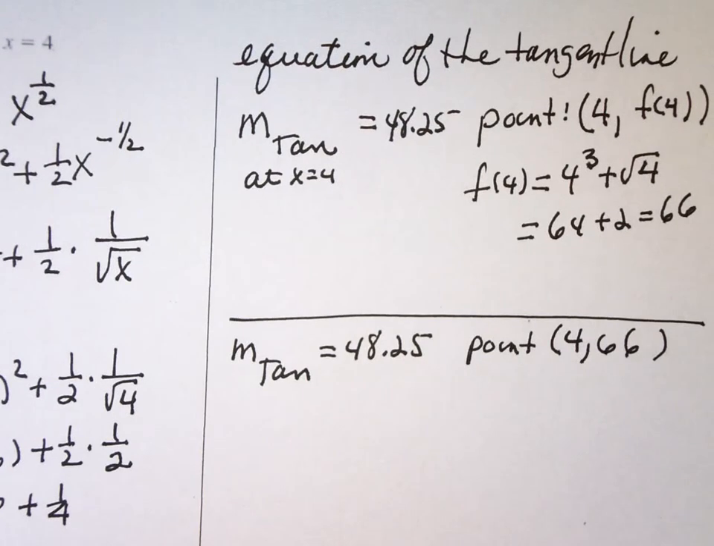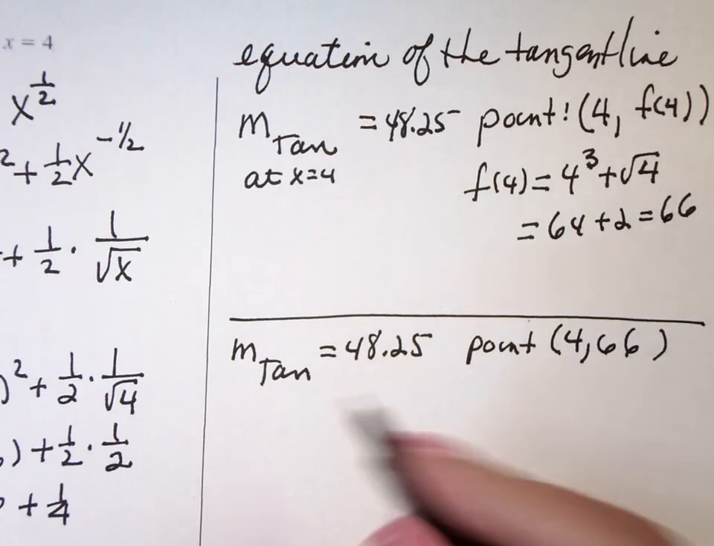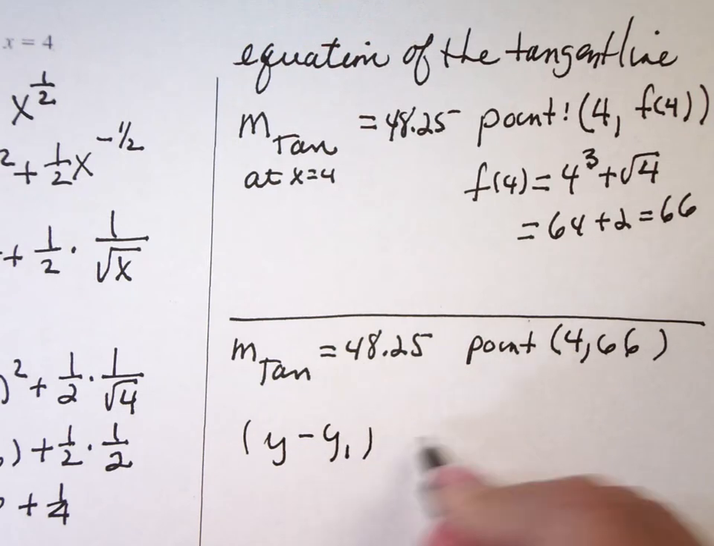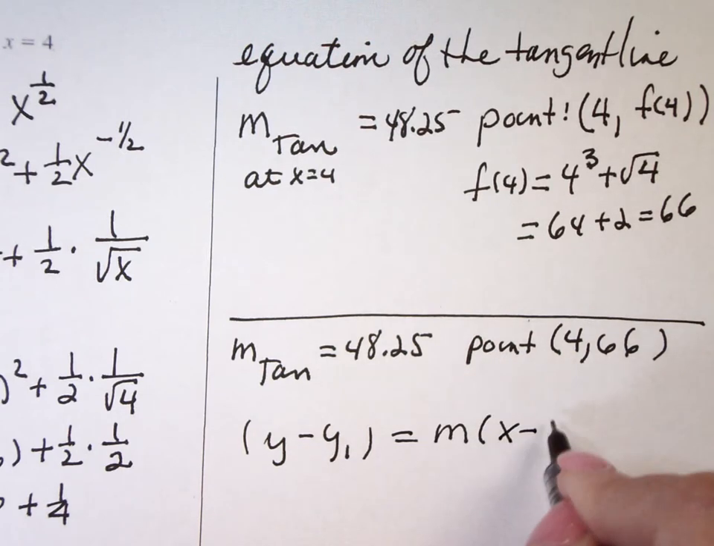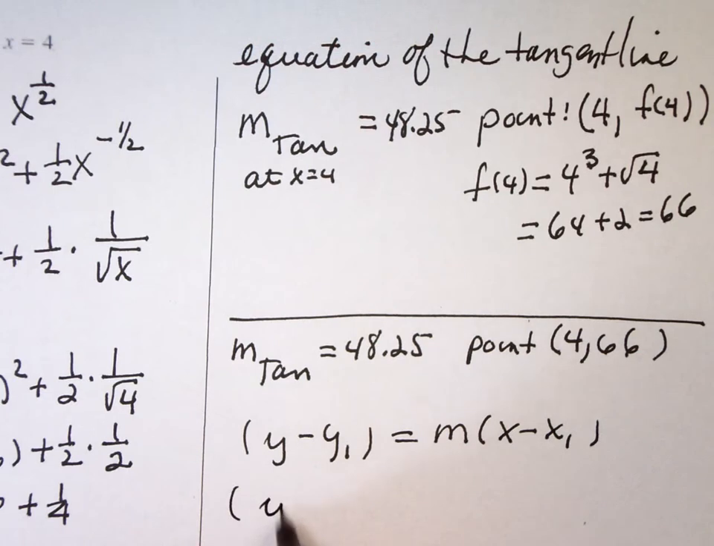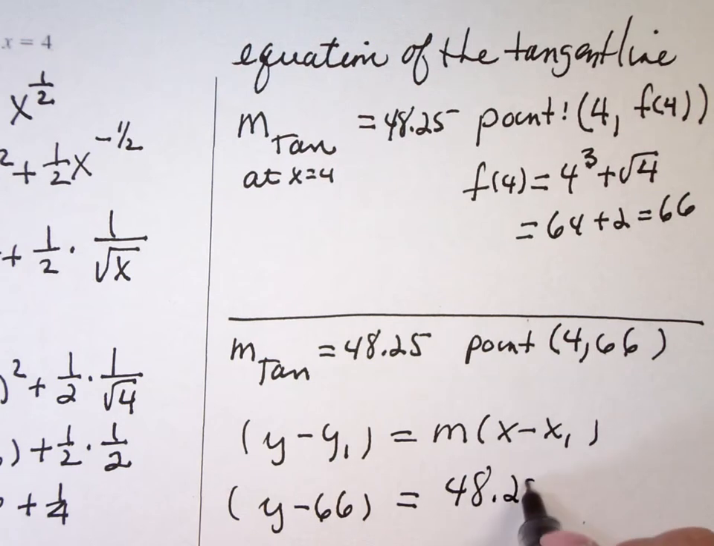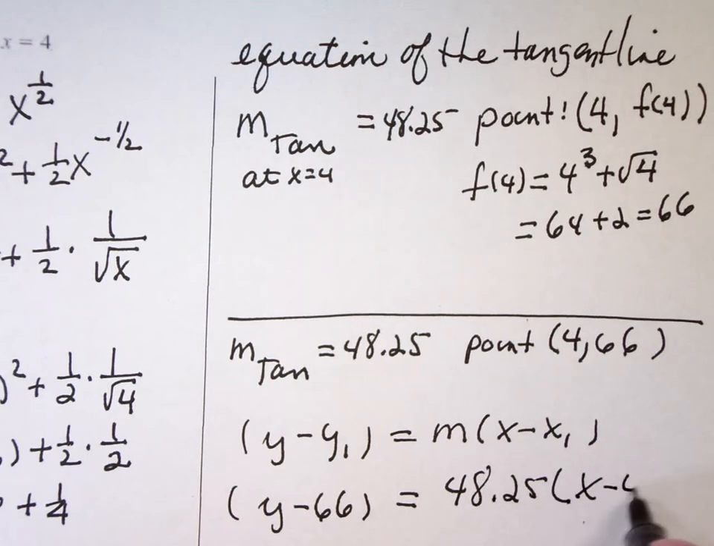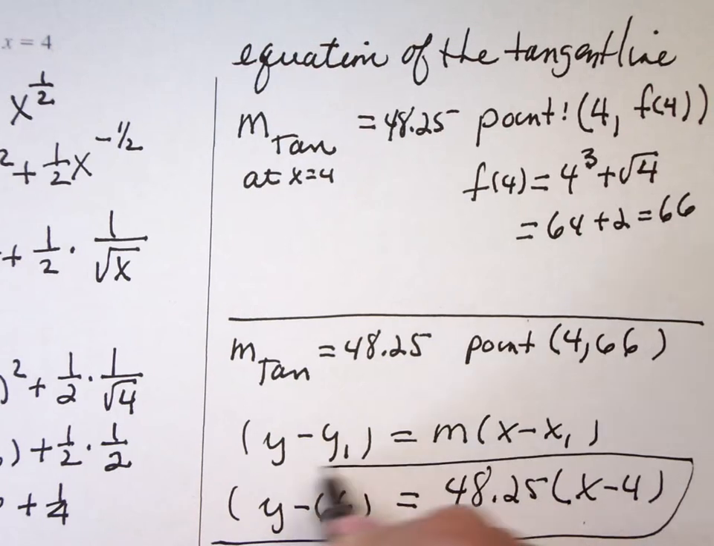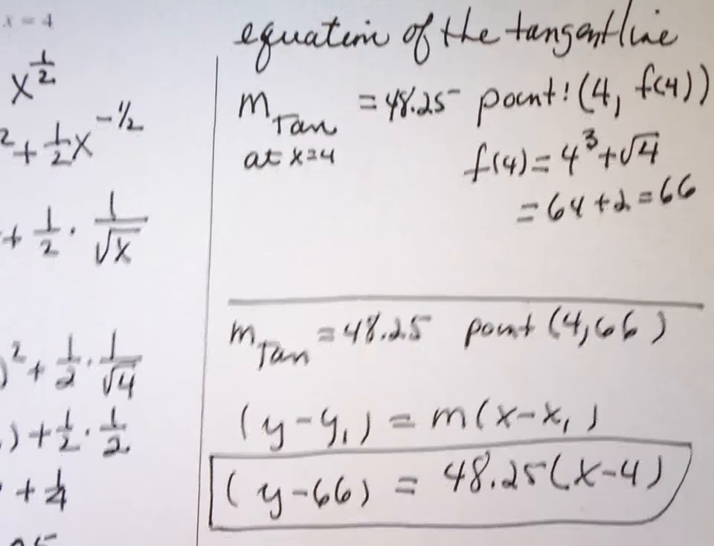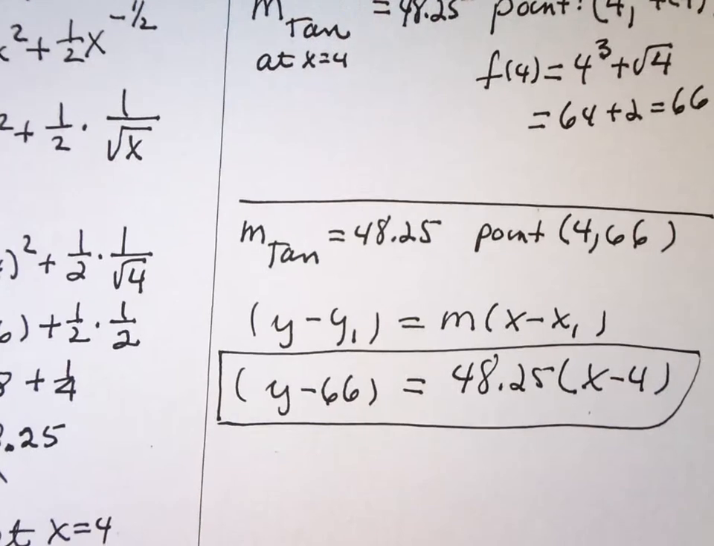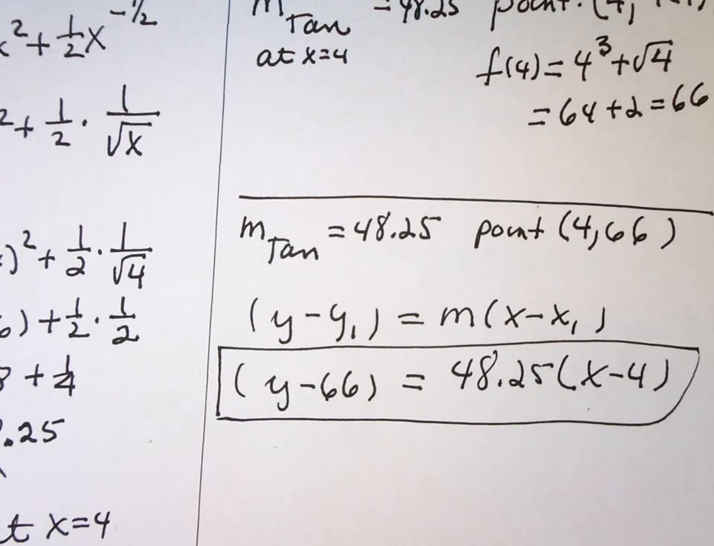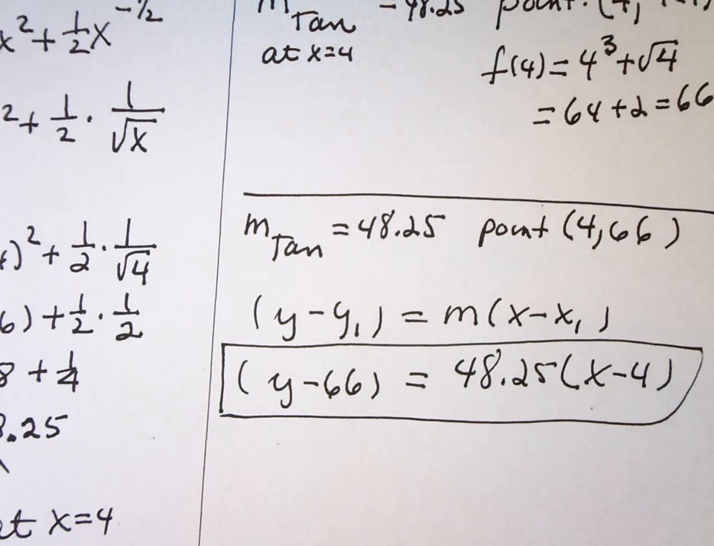Given the slope and the point, I can find the equation of the line, correct? So that says that y minus y1 equals m times x minus x1. y minus 66 equals 48.25 times x minus 4. Perfectly good answer until you know what you're going to do with it. Nothing wrong with that answer. However,